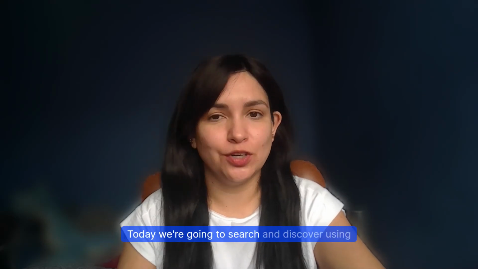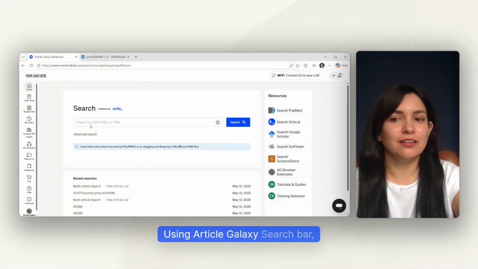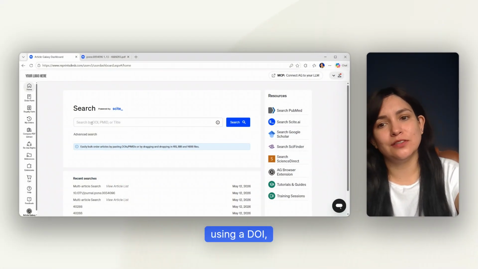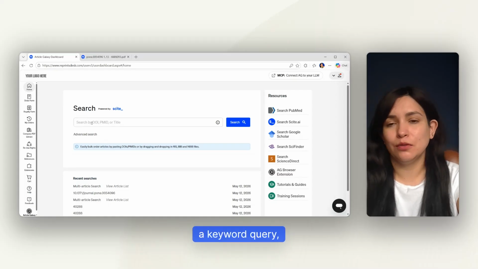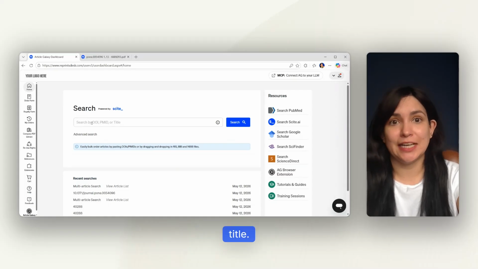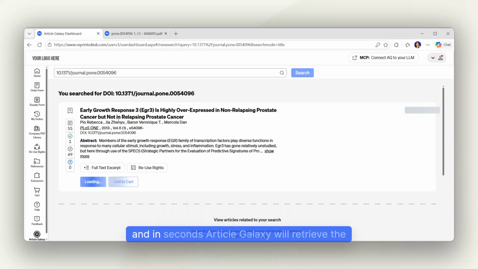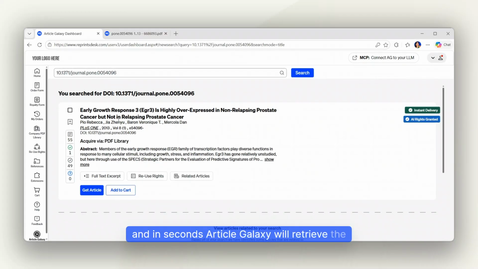Today we're going to search and discover using Article Galaxy search bar. Using Article Galaxy search bar, you can search for scientific content using a DOI, a PubMed ID, a keyword query, or even an exact title. I'm going to use a DOI today, and in seconds, Article Galaxy will retrieve the information related to that specific